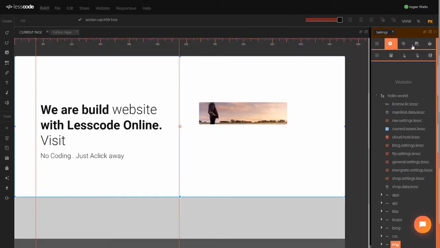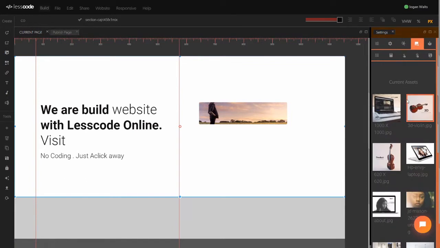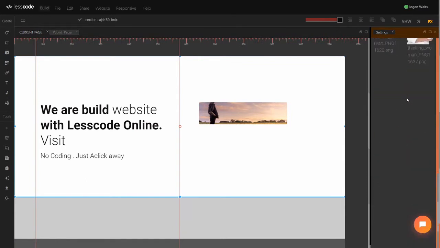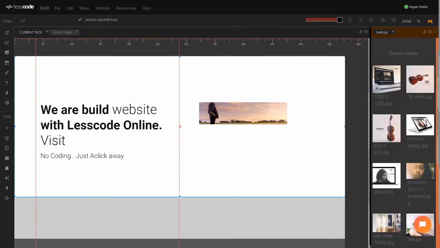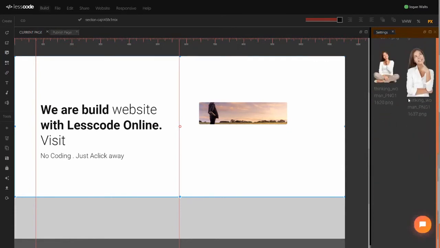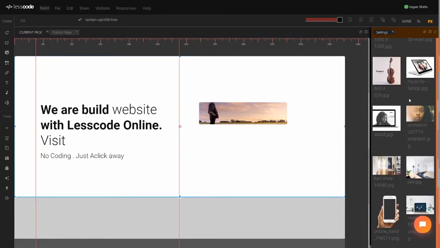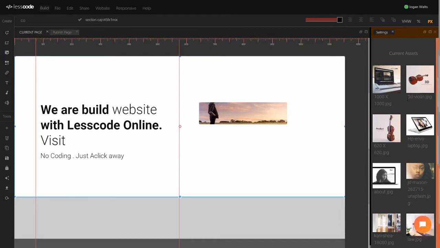Let's go into our image panel or current access panel. As you can see, everything that we have uploaded is right here. Okay, so basically that's it. What I would want to do though is select this text. Sorry, I'm going to select this